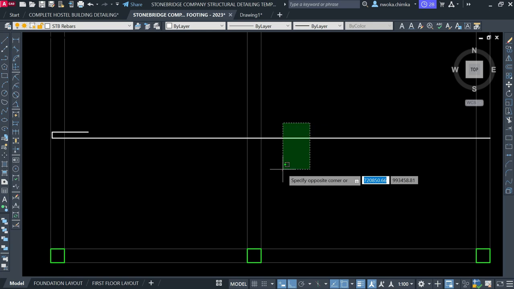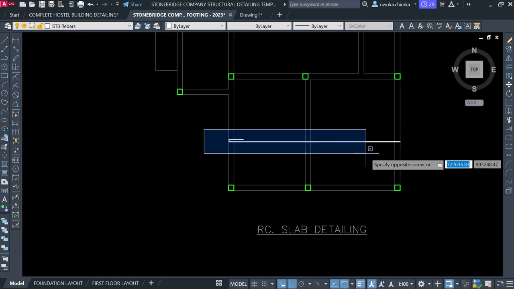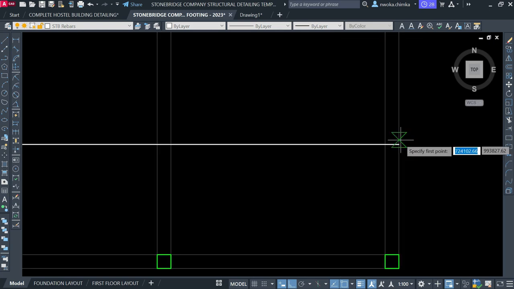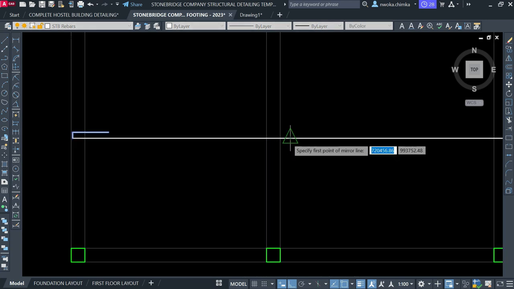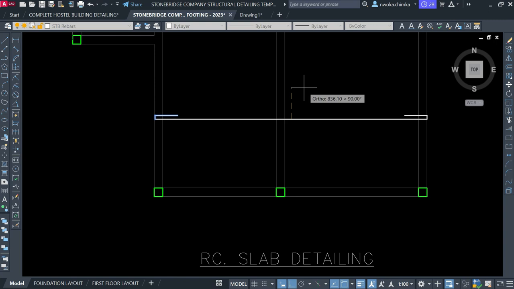Okay. So right now I would have loved to do the same thing here as you can see, but since I already have one here, I just click on this, say MI, which simply means mirror, enter, and then locate this bar center. Come here and click here, and then click up here and then say